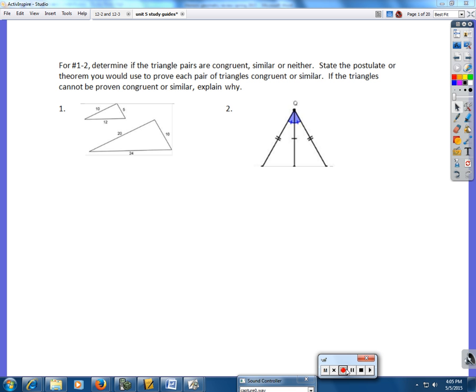Today we're going to do the Unit 5 study guide, the geometry study guide. The first two problems are asking whether the pairs of triangles are congruent or similar. Looking at the first pair, I see numbers on the outside, so that tells me I'm probably looking for similarity. I'm going to check for side-side-side similarity because I have no angles congruent, so I could not use angle-angle or side-angle-side similarity. So I'm going to take the first pair,